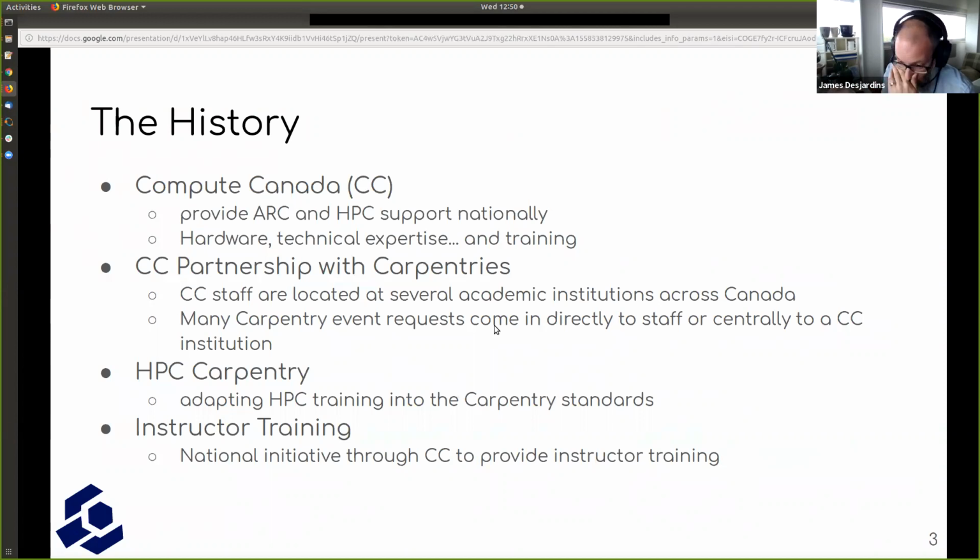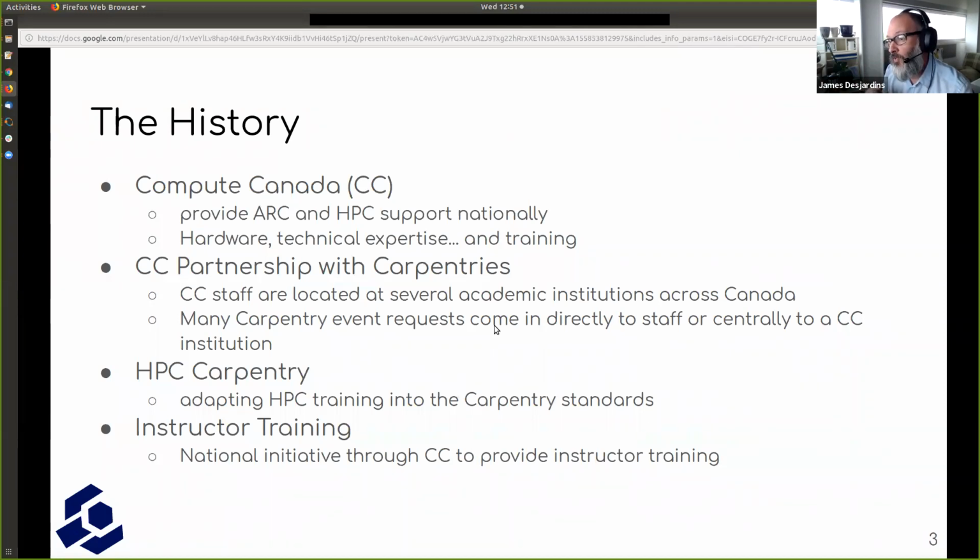So the partnership with the Carpentries also had another effect on Carpentries in Canada, in that the Compute Canada staff are located at several academic institutions across Canada. So we're distributed across the country. And a lot of the researchers who are struggling with the scope of their data changing, where the researchers and the students are required to know how to work from the command line to scale up their production, have oftentimes already been working with Compute Canada staff.